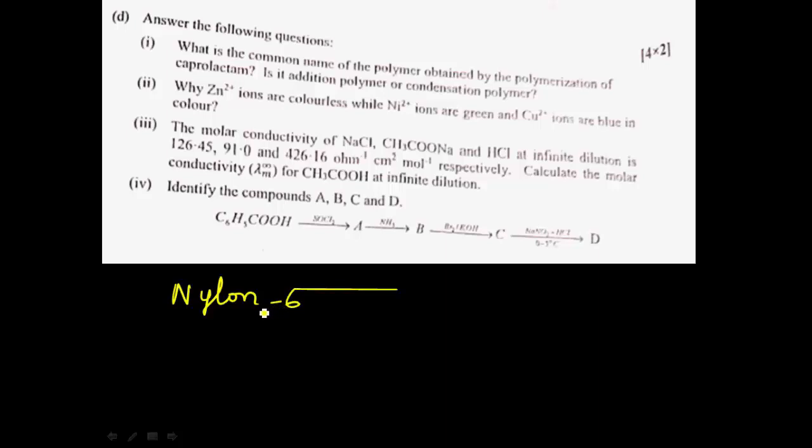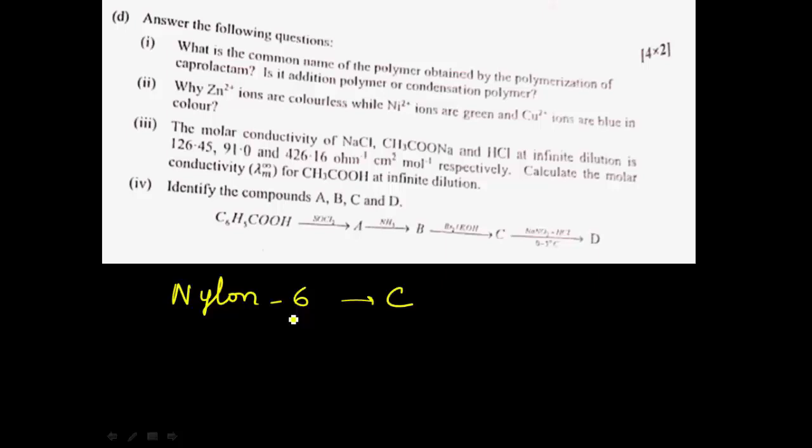This is a memory-based question, from polymers. Is it addition polymer or condensation polymer? So it's condensation polymer. Why Zn2+ ions are colorless while Ni2+ ions are green and copper ions are